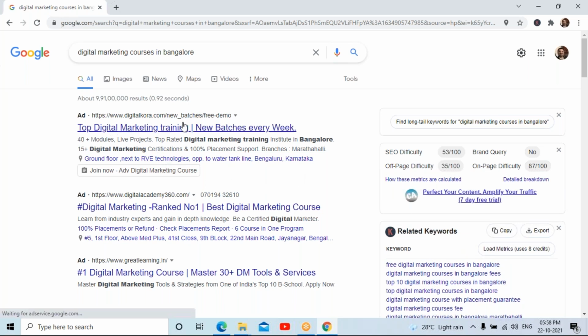In this ad, apart from this clickable headline, and these are called the description, there are no other clickable options.